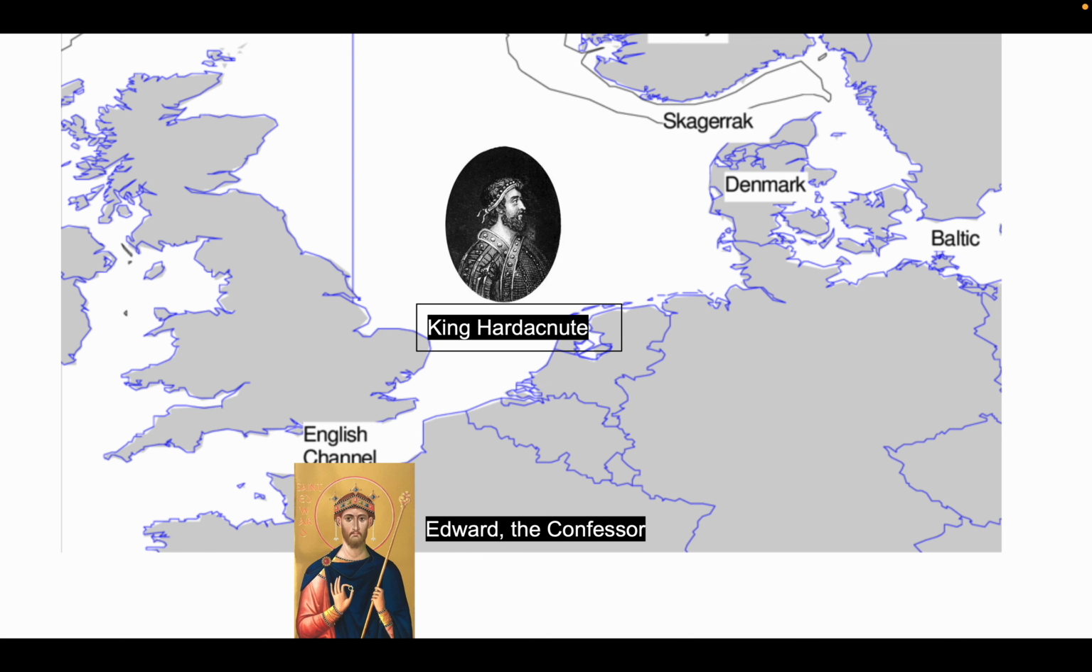Edward the Confessor left England as a young boy and spent most of his life in Normandy whenever the Denmark and Vikings invaded England. King Harald was the son of Emma of Normandy, who was the mother of Edward the Confessor and wife of the previous king. And